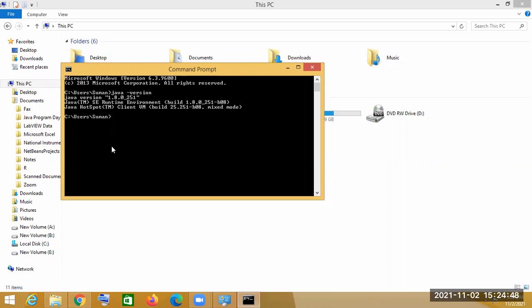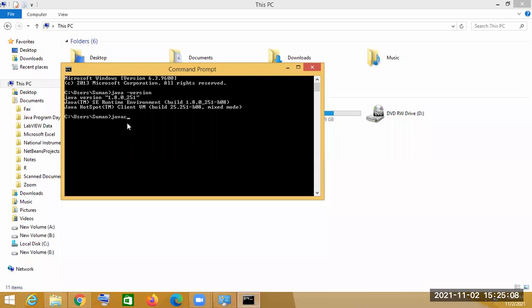If this code runs, you see it is shown that the Java version is 1.8.0_251. It is already installed. If this command runs correctly, that means the JDK is correctly installed.